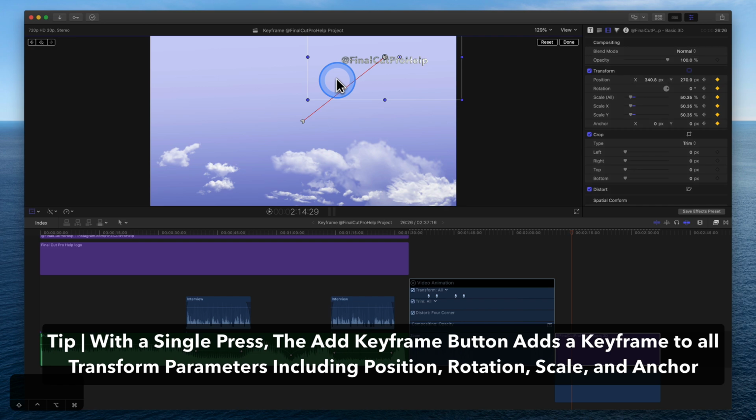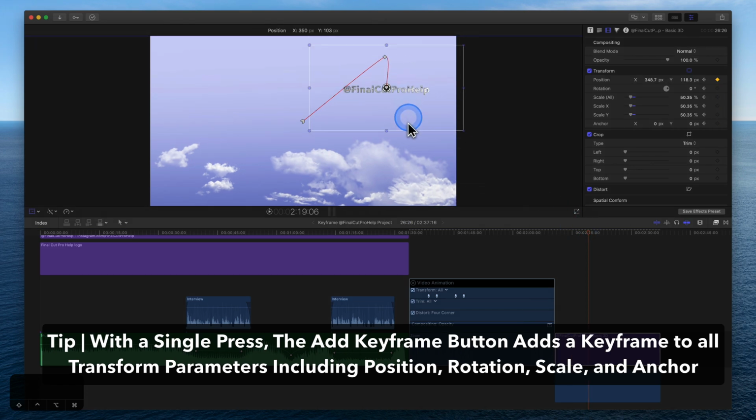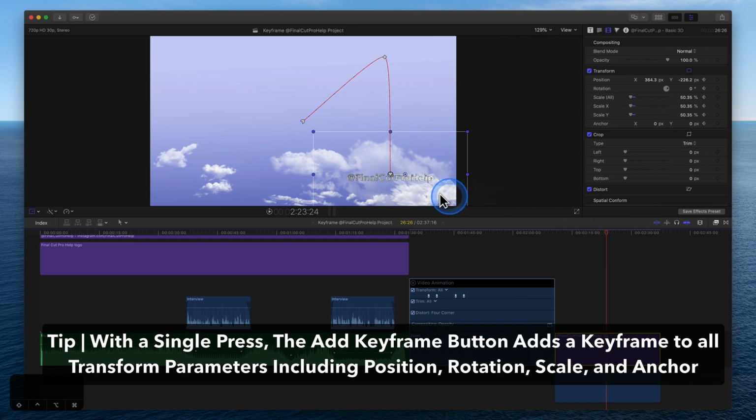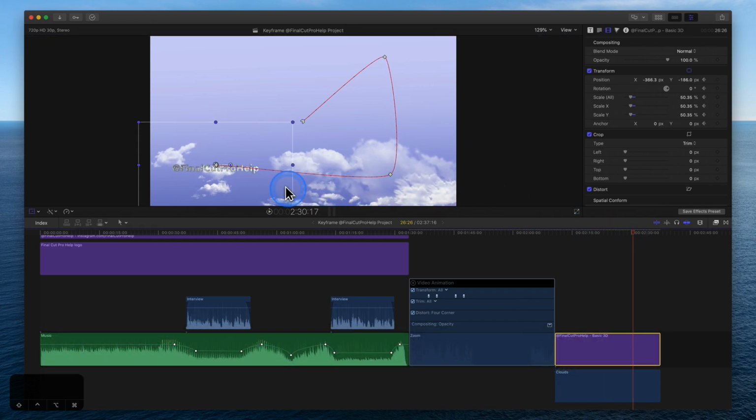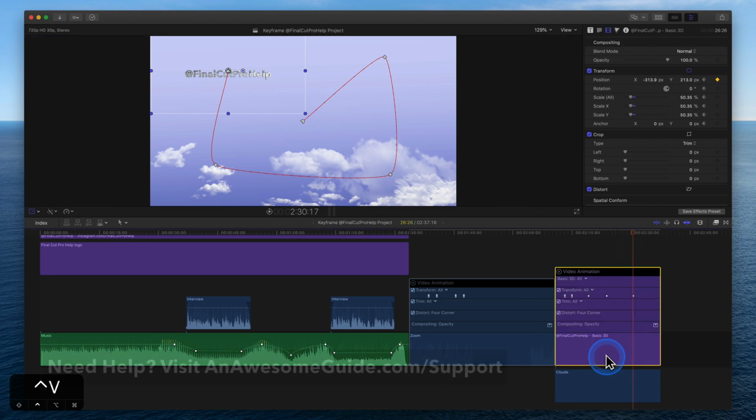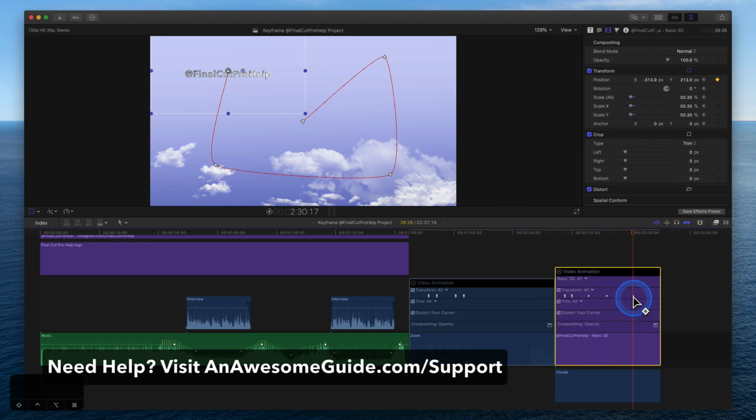Use the inspector to fine-tune keyframe values. Adjust the timing of keyframes in the timeline with the video or audio animation editors. Grow your editing skills by using the inspector to discover which parameters allow keyframes and use auditions to create multiple versions of a clip to experiment.